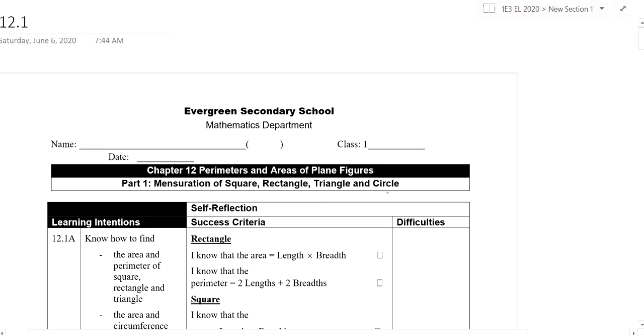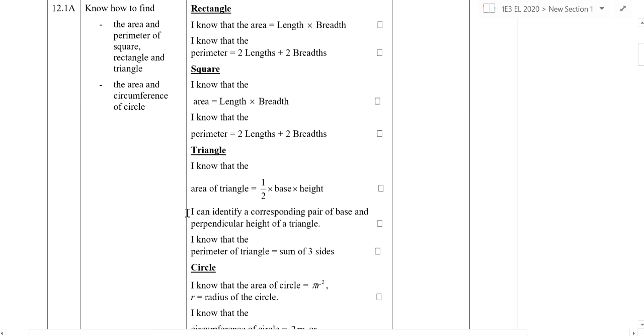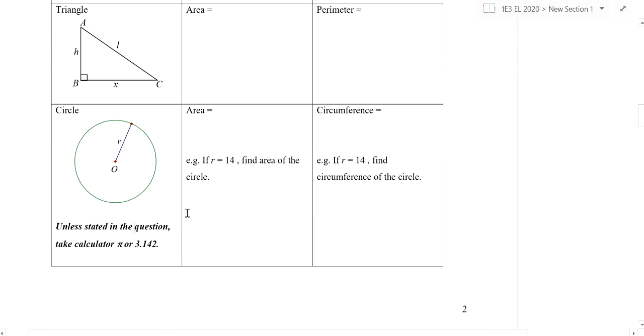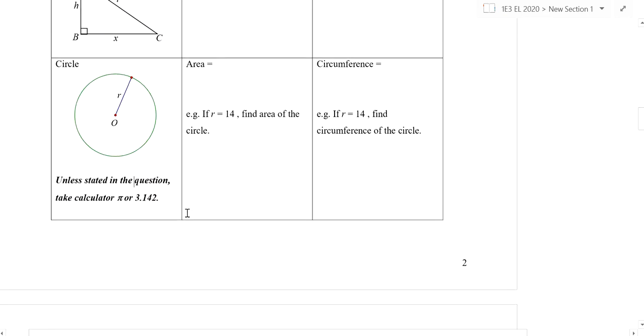This video is on Chapter 12, Part 1 on mensuration of squares, rectangles, triangles, and circles. Now in the earlier video, we covered the formula for the area of a circle. So this is given by pi r squared. And it was also mentioned that if r is equal to 14, then the area is equal to pi times 14, and we square this, resulting in